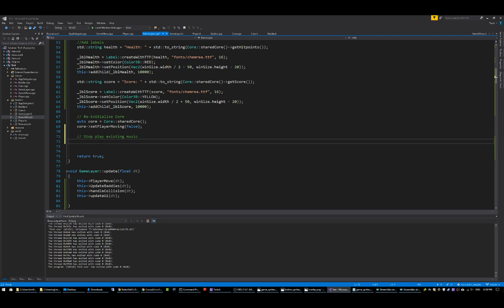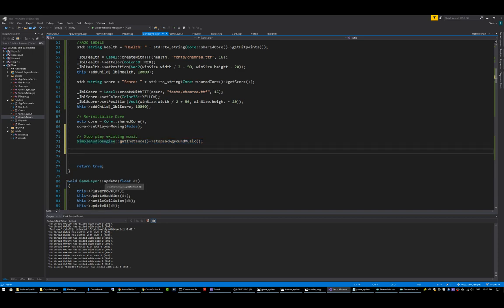Okay, so let's stop playing any existing music. So in our init, we're not wrapping this method, let's just go straight to simple audio engine, get instance. And let's go ahead and stop background music. So we don't want to release the data because we want to have all of the preloaded music in memory, just in case we call that music file again. So that's going to stop the sound effect that was playing from game menu. So that's cool. But now we want to load up a random